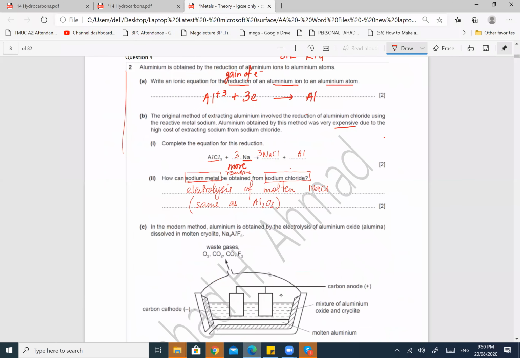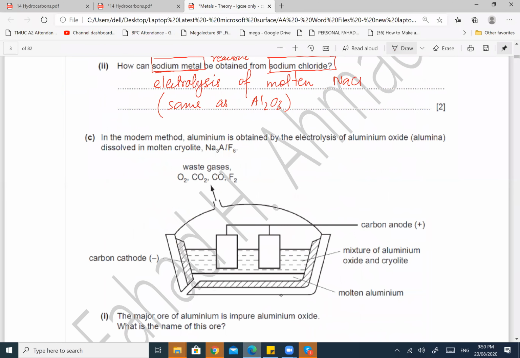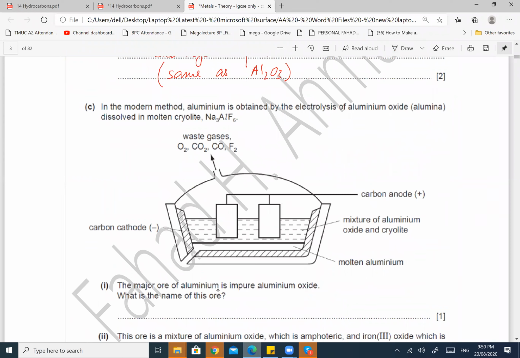The next one is... okay, now I think it's... वो कह रहे हैं the major ore of aluminium is impure aluminium oxide. What is the name of this ore? ये पूरे process के ऊपर है, ये वो diagram है. ठीक है, I drew it, but almost a similar diagram. अच्छा, what is the name of this ore? So it was bauxite,